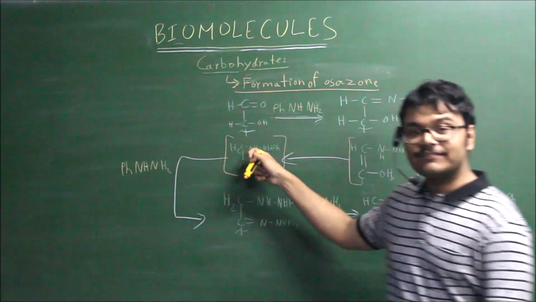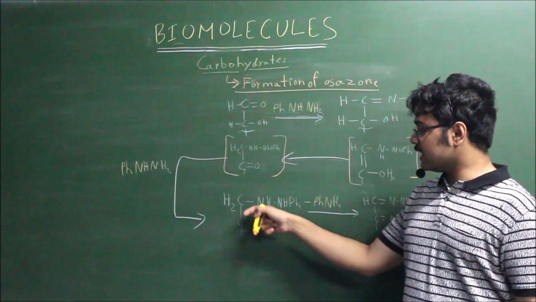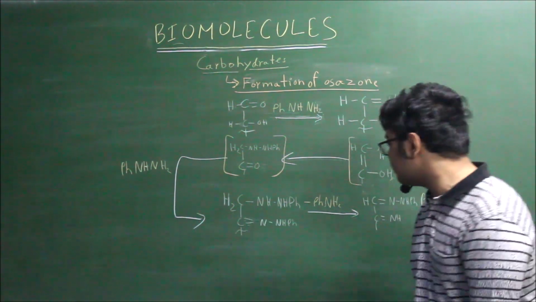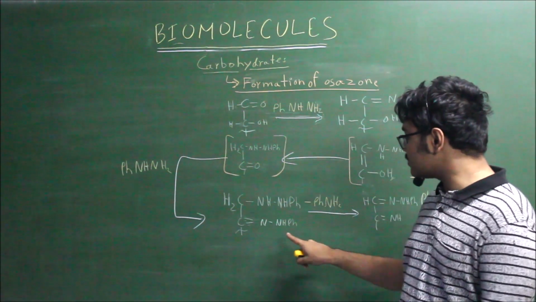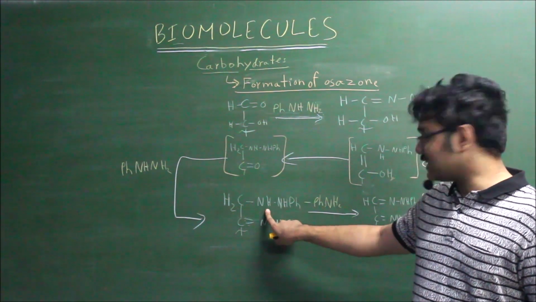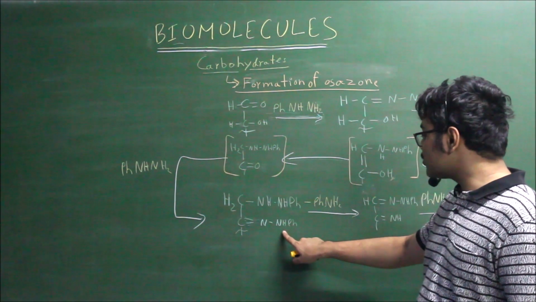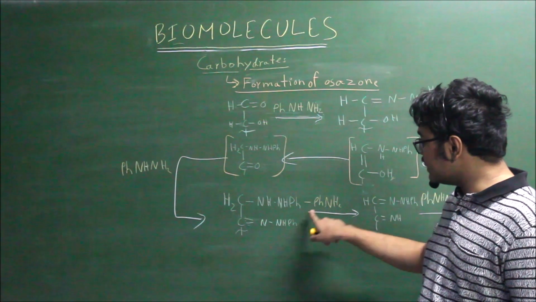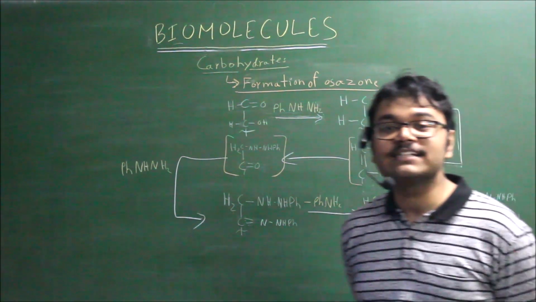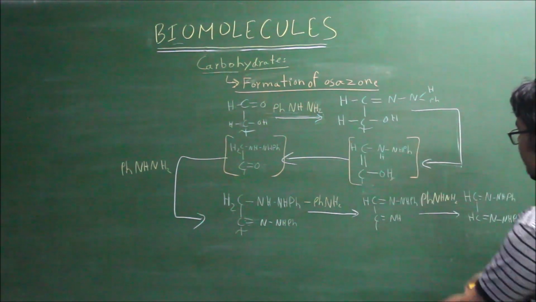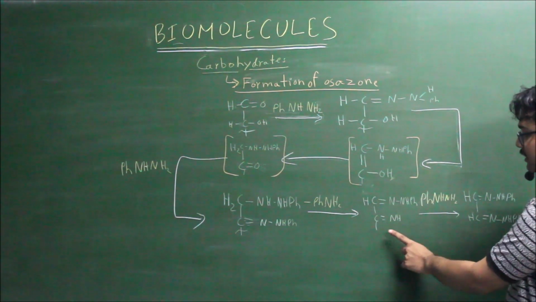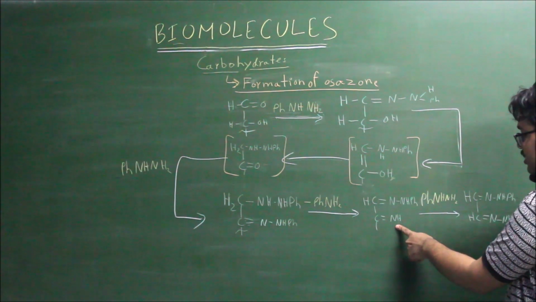It's stabler to have the double bond with the nitrogen up here. So again, the upper nitrogen will try to regain its double bond, and to do so, it will do something really cool. It will get rid of one of these hydrogens, okay? And this hydrogen will come, and with this PhNH, it will go up as aniline, PhNH2. So now we're left with double bonds in both these places, but the lower one just has an NH. It doesn't have an